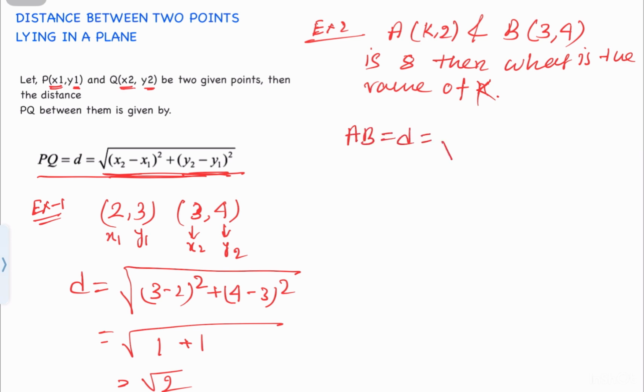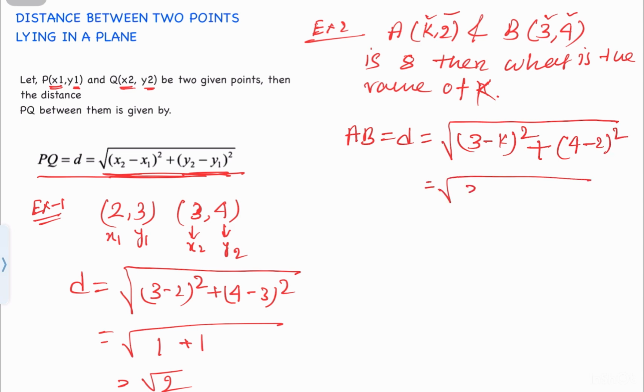What is the formula? x2 minus x1 square, that means 3 minus k square. You can also write k minus 3 whole square, the same thing will happen. Plus y2 minus y1 square, that means 4 minus 2 square. What will be the value then? 3 minus k whole square plus 4 minus 2,